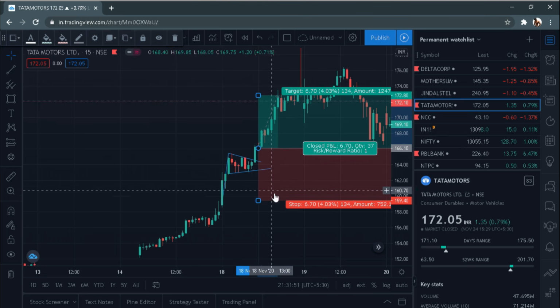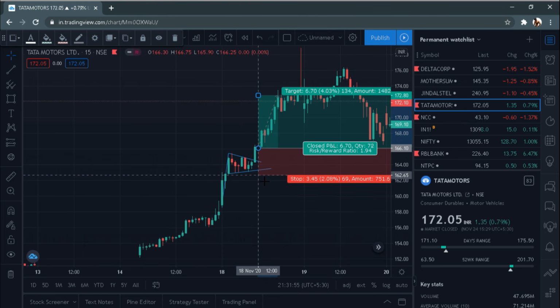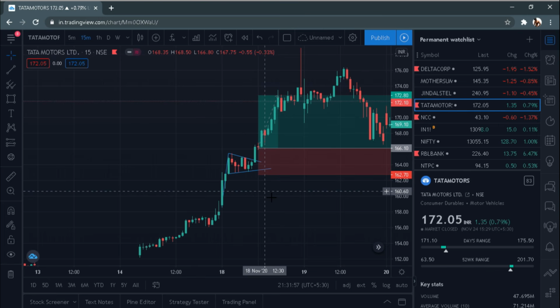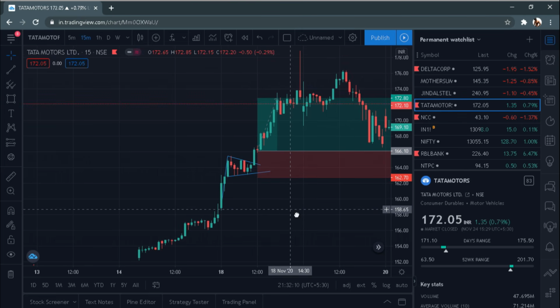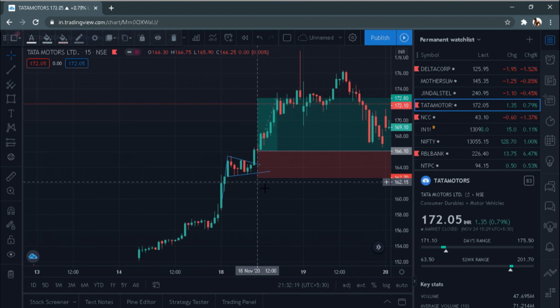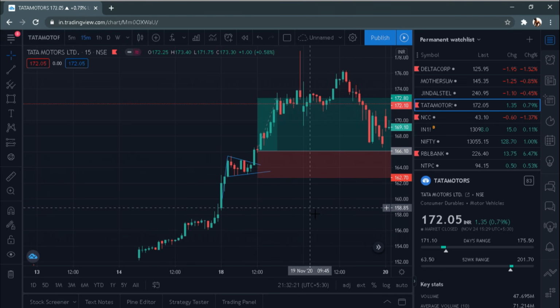So that will be our entry point, and the stop loss will be below the lower trend line, because the logic behind your trade is the flag pattern, and if the price comes below the lower trend line, it will invalidate your logic, and if your logic is invalidated, there is no sense in staying in the trade. So it is better to exit. Like I said, no pattern is 100% successful, so you should definitely know how to manage your risk. So that should be your stop loss level, that is below the lower trend line of the flag pattern.